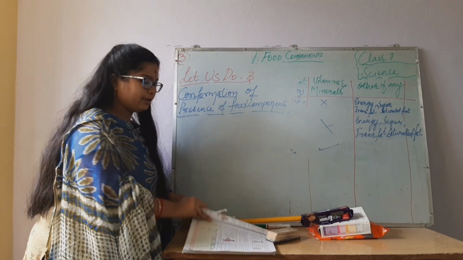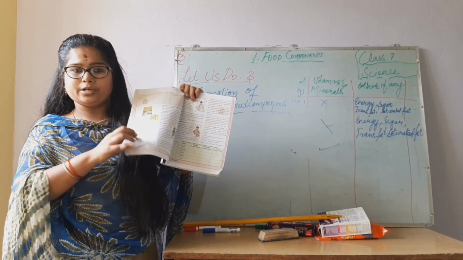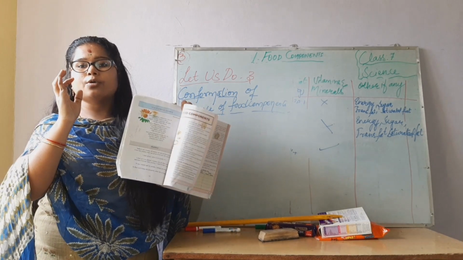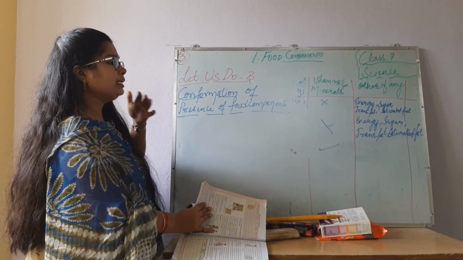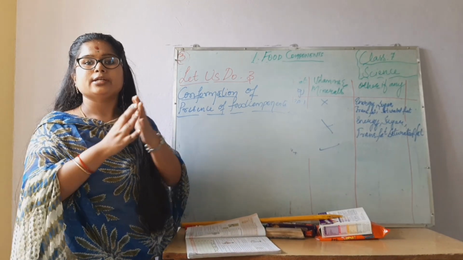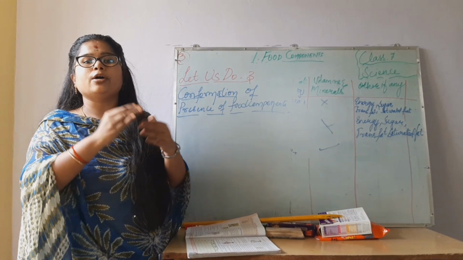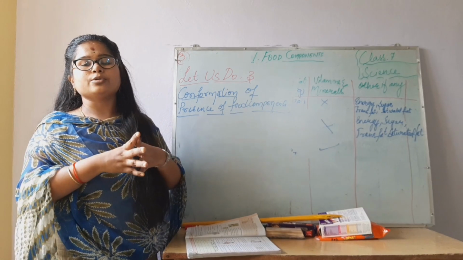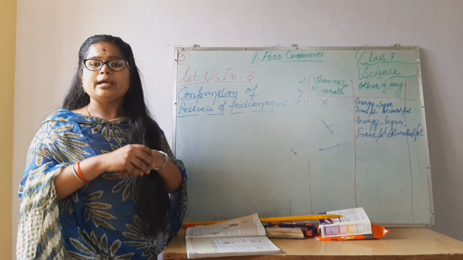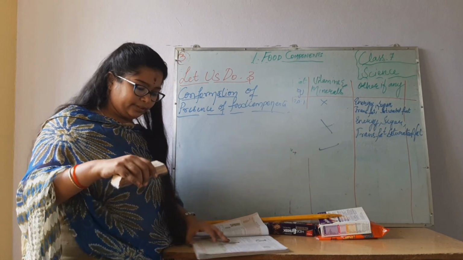See, while you are doing this, the question and answers in your textbook and the hard words play a very important role. These carbohydrates, proteins and all, you have to learn with the spellings. With the spellings you are supposed to write. We are supposed to do the experiments. You need to take rice, potatoes, bananas, whatever you want to test. Okay, let's start our test now. Our first test is test for starch.